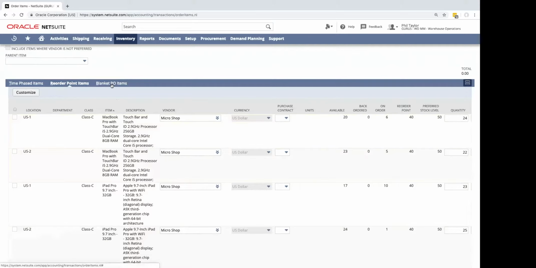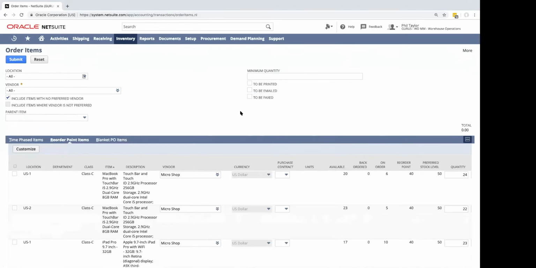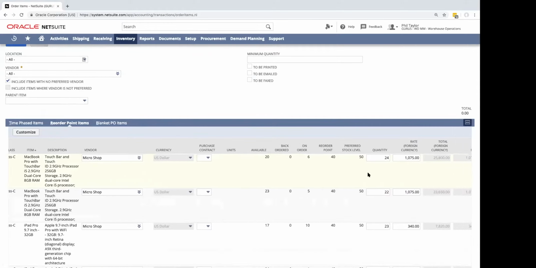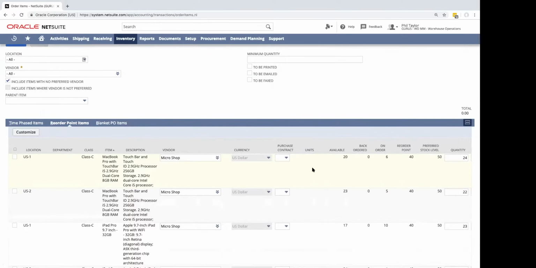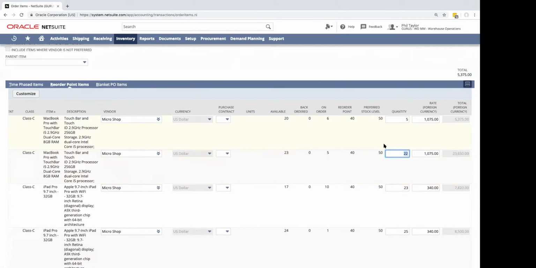Now, of course, blanket POs are if we have planned out purchase orders into the future with our vendors. We don't have any to talk about in this case. And if I wanted to create all of these POs in one step, I could either indicate the exact quantity. Let's say, for instance, I only wanted to purchase 5 more, and NetSuite will check off this location and be creating a purchase order for this location. Let's do the same thing for location 2.